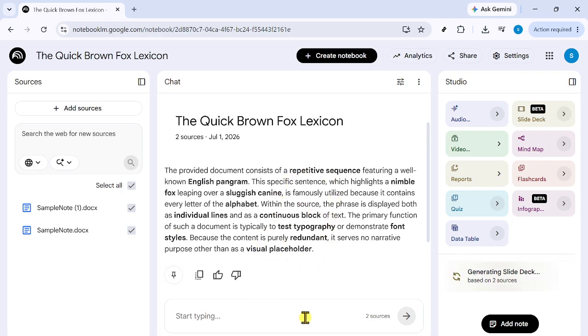A useful tip here is to make as many changes as possible to individual slides before creating the full revised deck. By reviewing the content closely and batching your edits together, you can reduce unnecessary regenerations and make better use